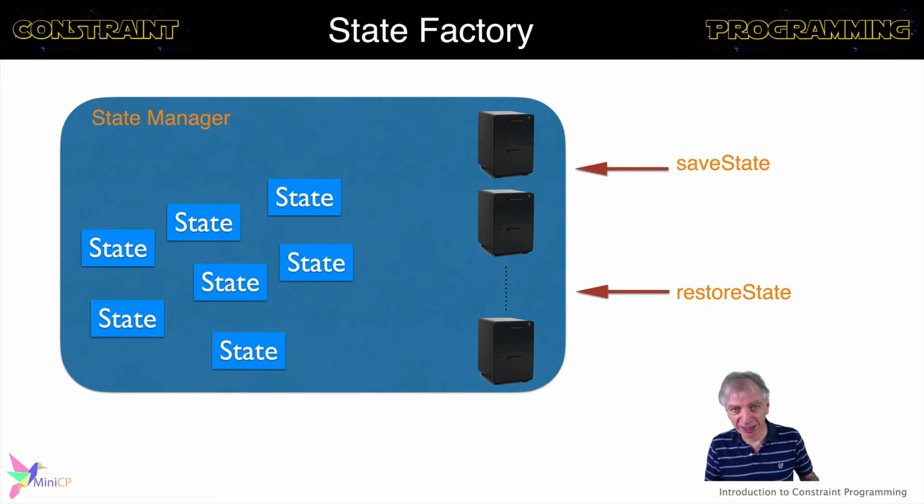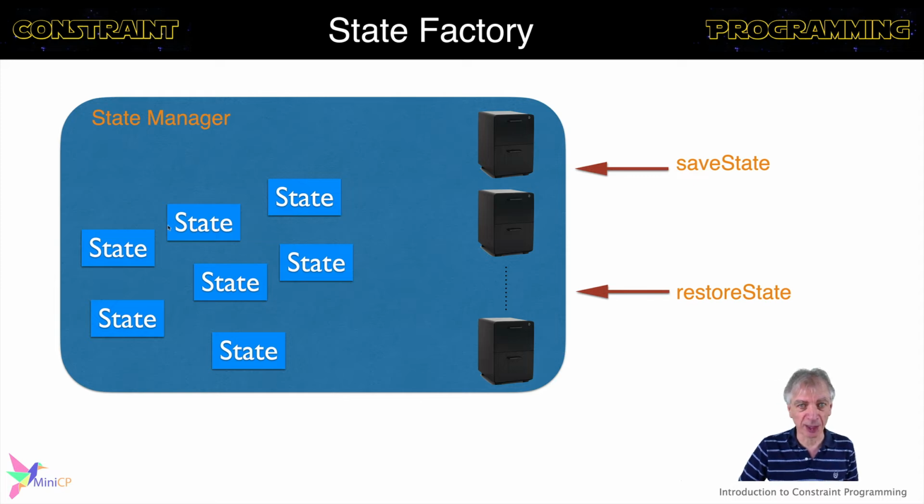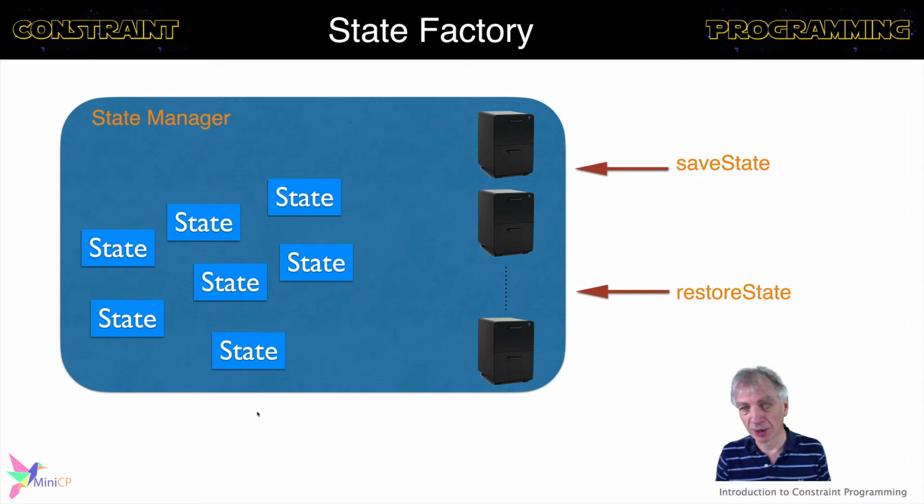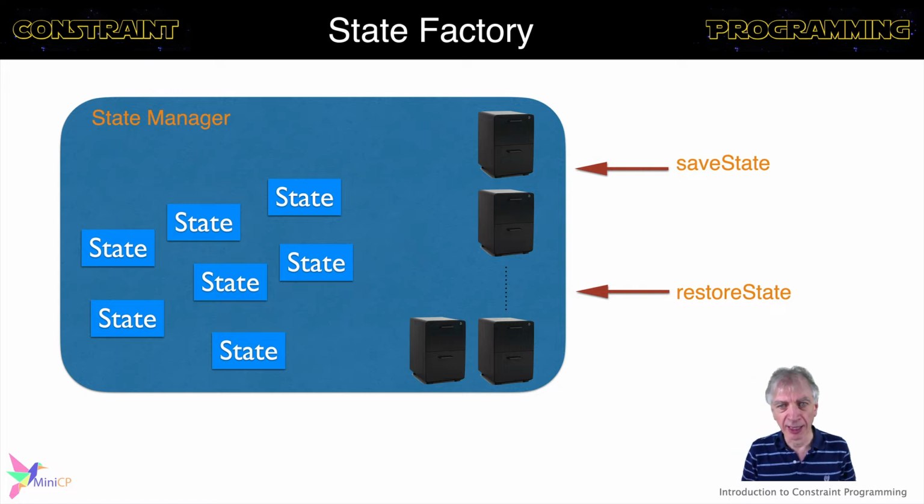Visually, this is what the state manager does. The state manager, because you create the object through him, knows everything that has a state that needs to be restored if we modify it, right? And so when the state manager wants to save a state of the computation of the domains, he's going to create this box there, and he's going to take all the state variables, the state ints, and put them in that box with their current value. It's going to copy all these states and put them in the box. And when it needs to restore them, it's going to take all these values which are in that box and restore them to this particular